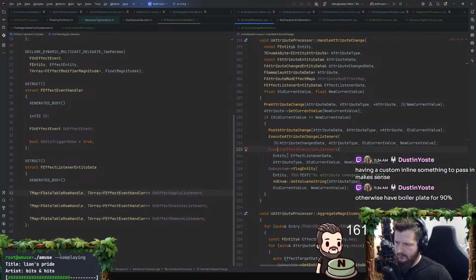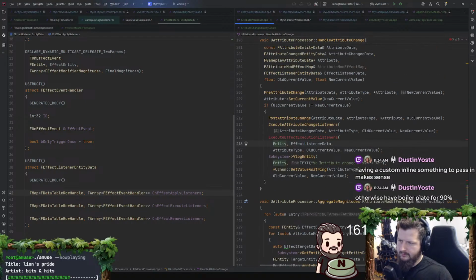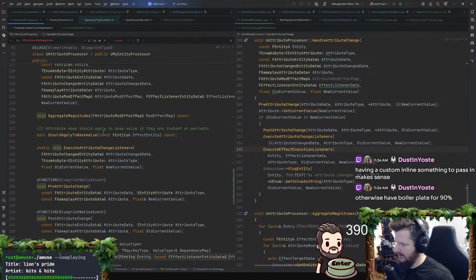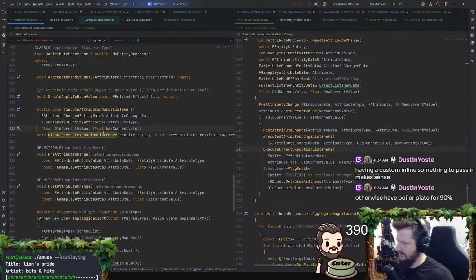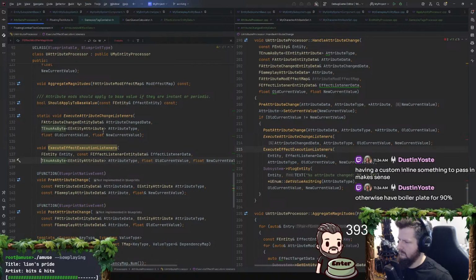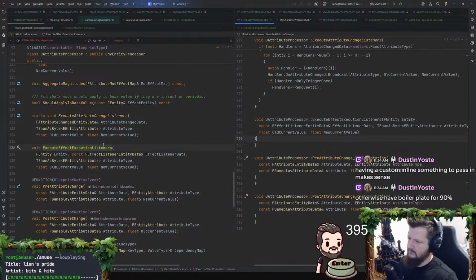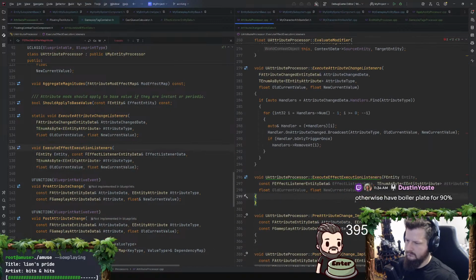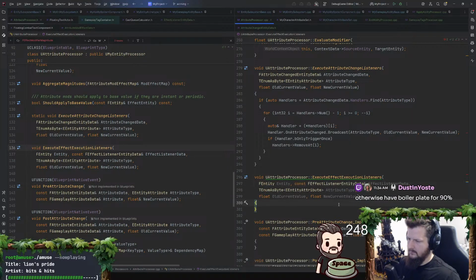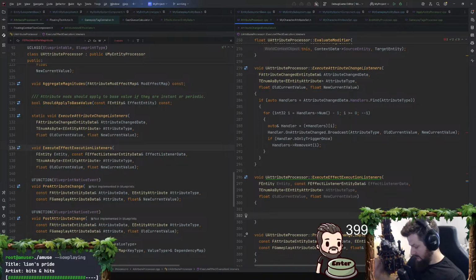Okay, let's see here. What do I want in here? I'll just create this function. I don't know why you wanted to put it all the way up there. Okay, what do I need here? I would need effect entity, or no, I just need the effect listener data.